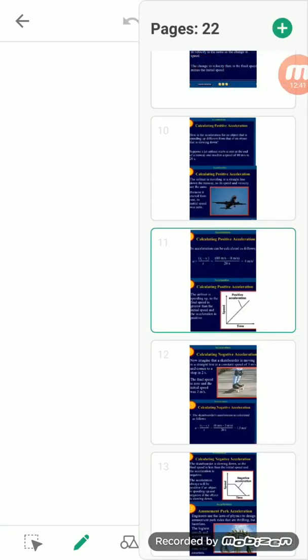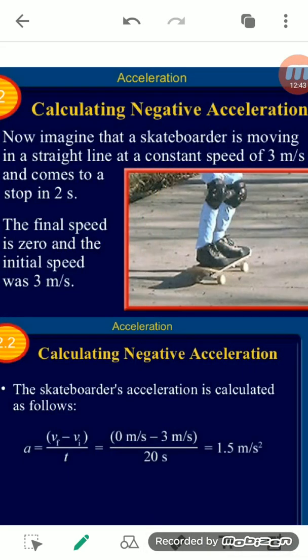Now we will come to the next one, which is to calculate the negative acceleration. When we talk about negative acceleration, it means the slower speed differs from that of a body whose speed is continuously increasing. So the negative acceleration will occur when the speed of the object is continuously slowing down, becoming less as compared to the initial velocity. How it happens, we can explain with an example.